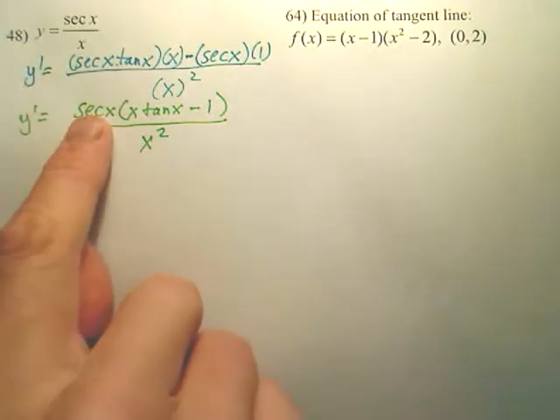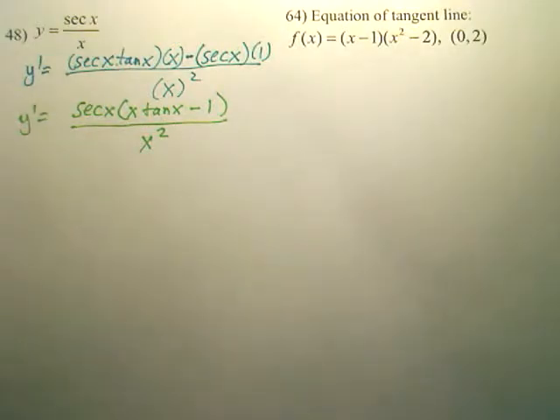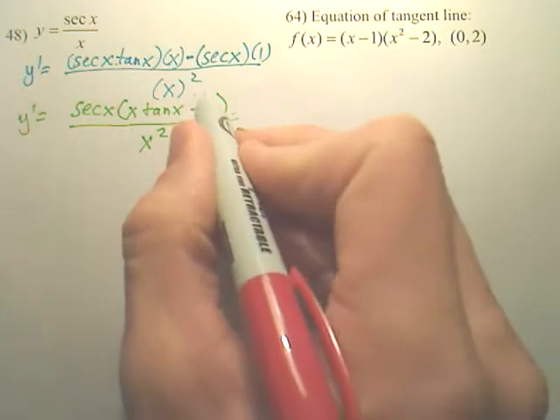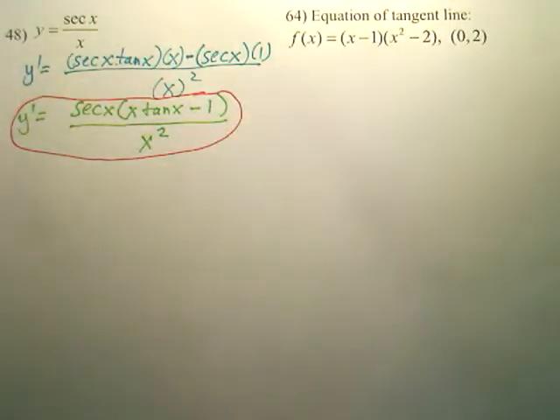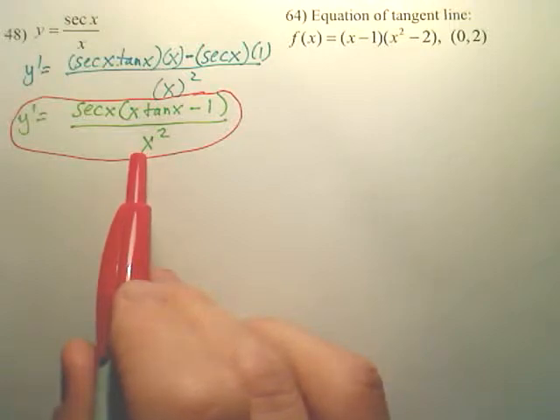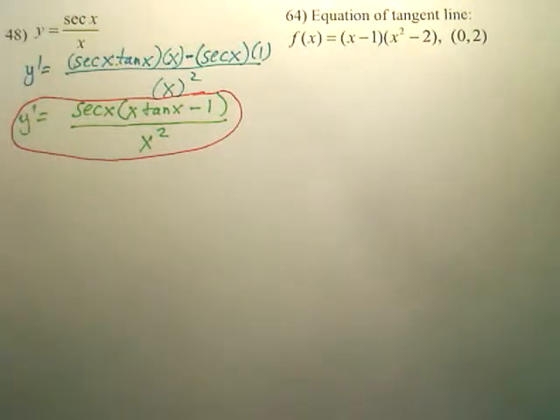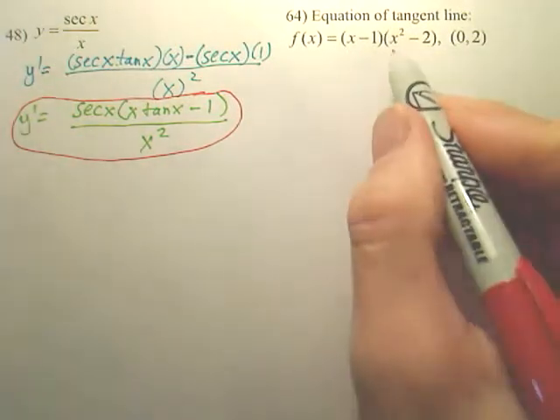Now, could I also take the secant and put cosine on the bottom? Yeah, you can make the secant be a cosine on the bottom. You have to be able to manipulate and change it into different ways. So this is probably a decent one, but you also could possibly have a cosine x on the bottom instead. So that's that one. Now for this one, if I want the equation of the tangent line, what you need